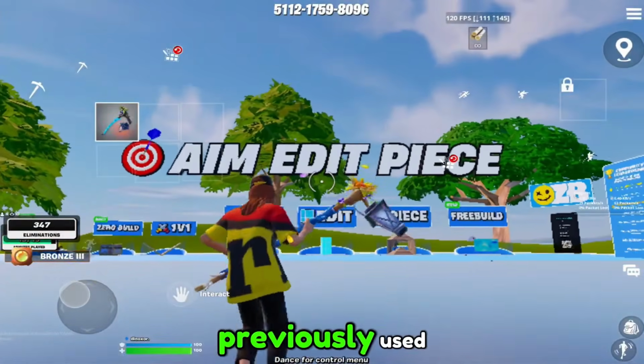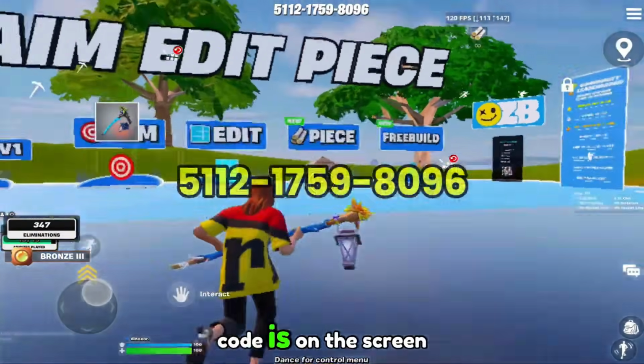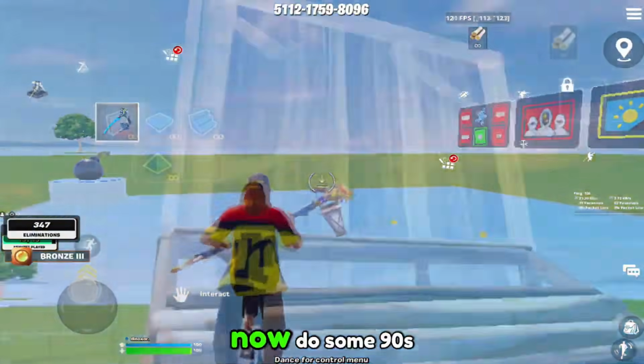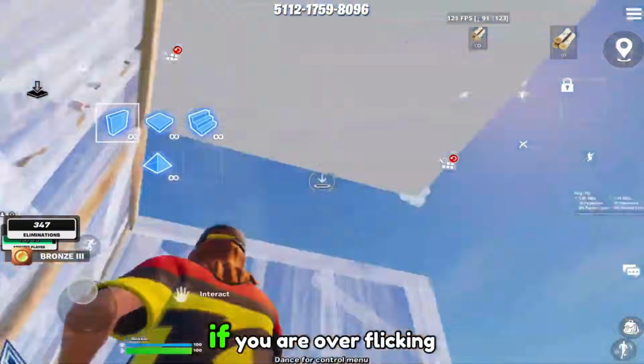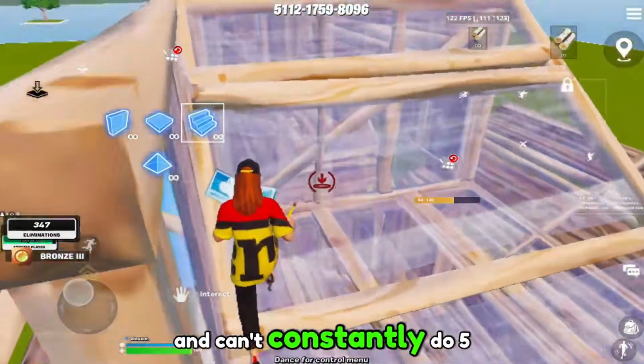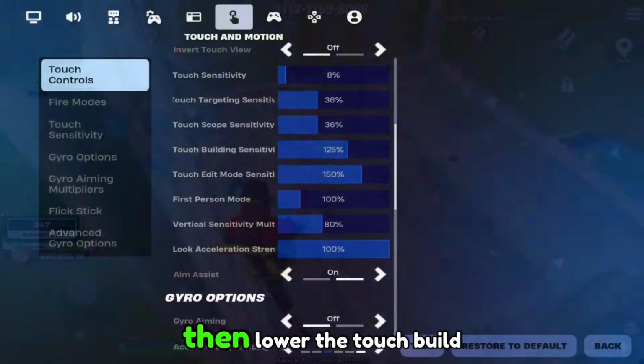First, go into the map previously used. Code is on the screen. Now go into the free build area. Now do some 90s. If you are over flicking while doing them and can't constantly do 5, then lower the